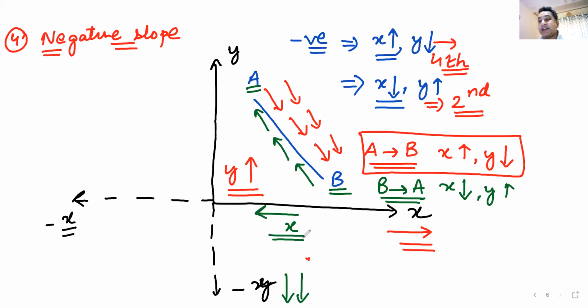Is everyone getting me? From A to B, the graph is a negative slope graph, but if you look from B to A also, it is a negative slope graph. The only difference is from A to B, it lies in the fourth quadrant. From B to A, it lies in the second quadrant. And see, I have drawn it in the first quadrant. So drawing it in any quadrant does not make any difference.